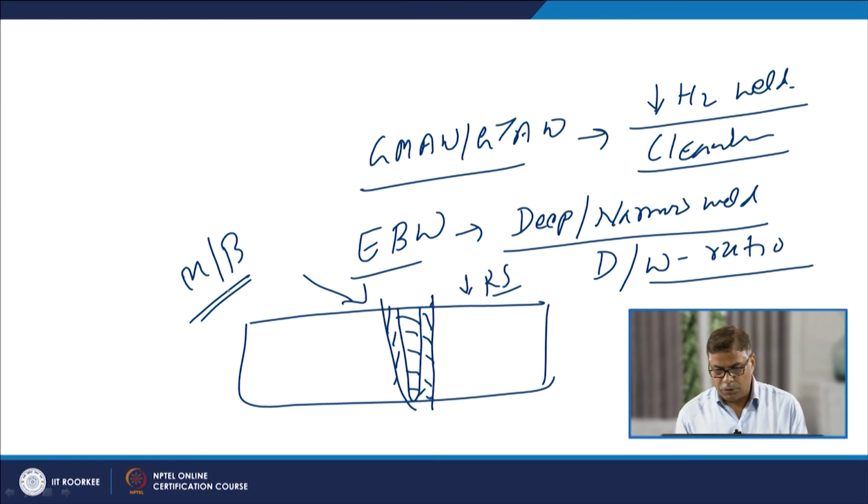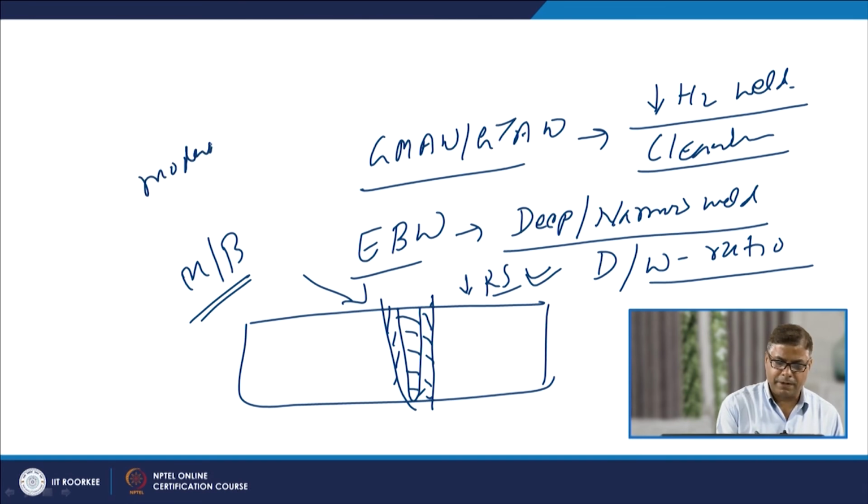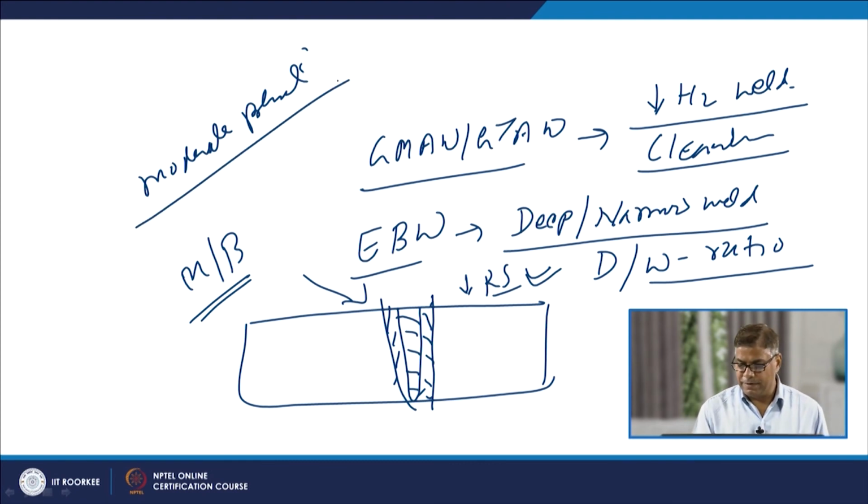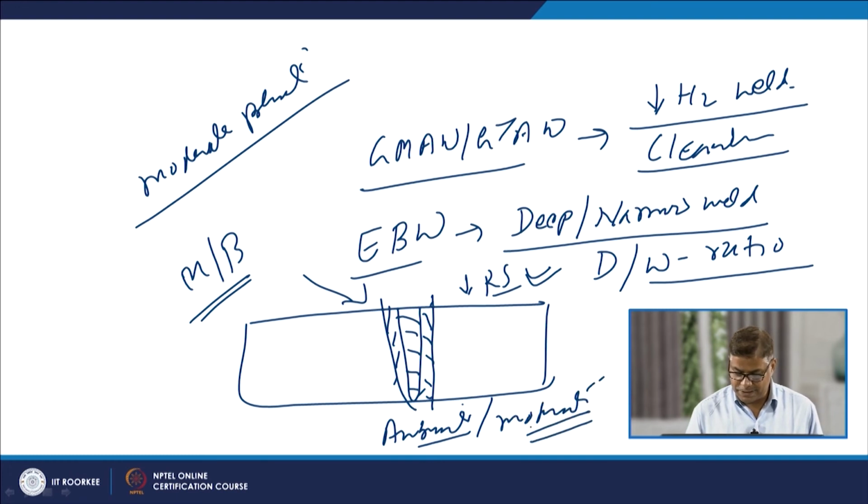However, a high cooling rate may lead to the formation of martensite or a martensite bainite mixture. Normally the cracking tendency is very limited due to the reduced residual stresses, but still, due to the formation of martensite, if there is any tendency for cracking, it can be reduced by giving a moderate preheat to the steel plates. Normally electron beam welding is applied to these steels under ambient conditions. Otherwise, we may use a moderate preheat in order to reduce the cooling rates, so that the cracking tendency associated with high cooling rates can be reduced.